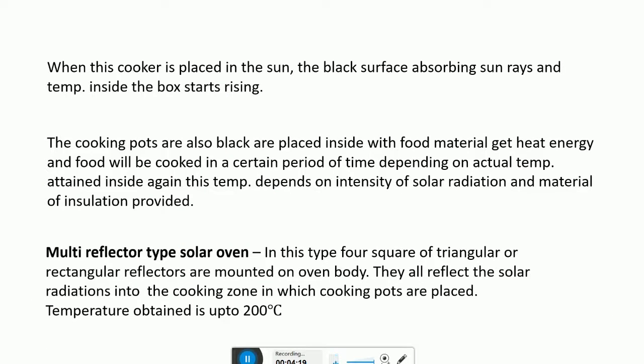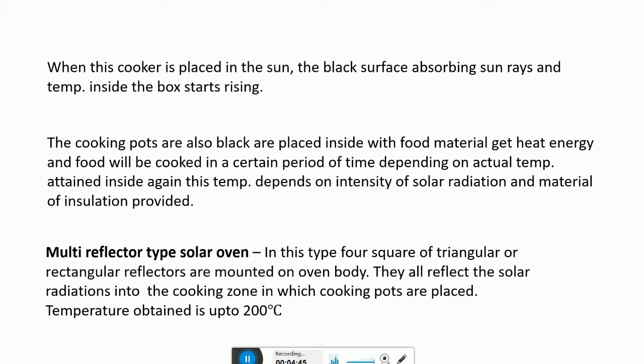When this type of cooker is placed in the sun, the black surface starts absorbing sun rays and the temperature inside the box increases. The cooking pot, inside which the food material is placed, gets heat energy and the food will be cooked in a certain period of time, which depends on the actual temperature attained inside.